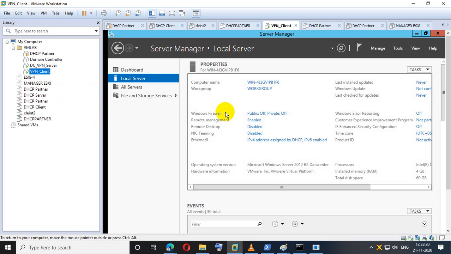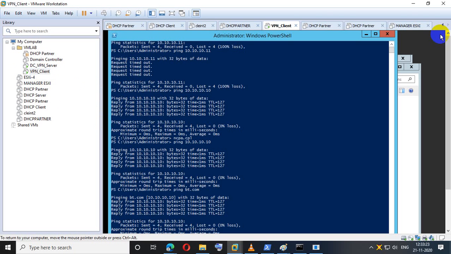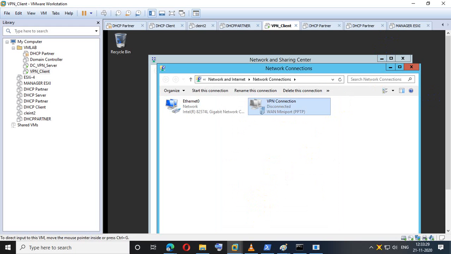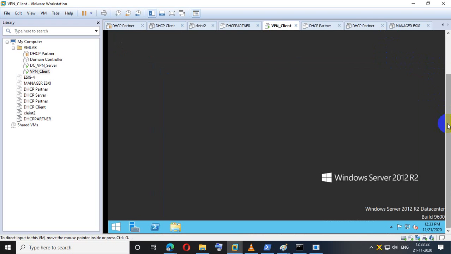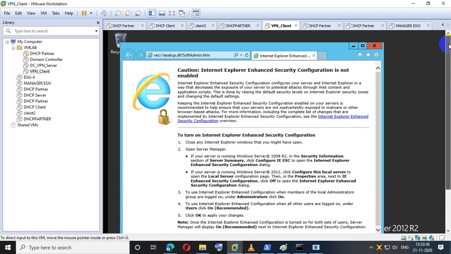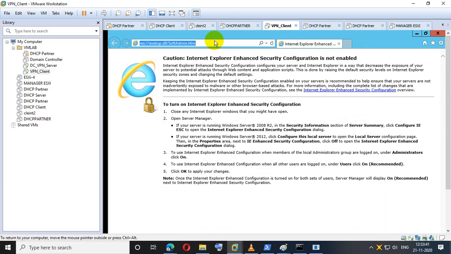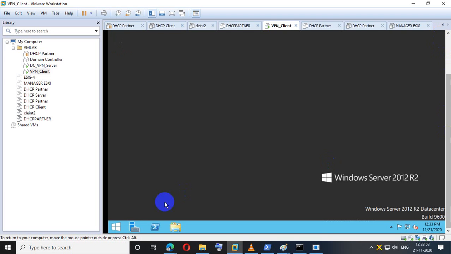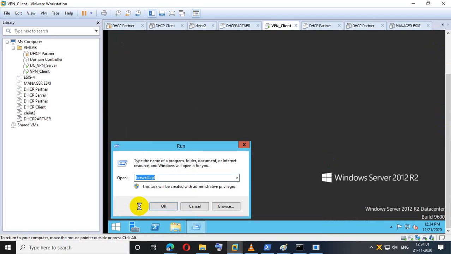For your information, I'm showing you through the VPN client. First I'm stopping my VPN access, so I'm going to disconnect it. Now I will try to access my domain controller web page, so I'm going to the IIS site. It will not work. Simple, it will not work. It's just a normal internet connection. Now what I do, I will enable the VPN first.